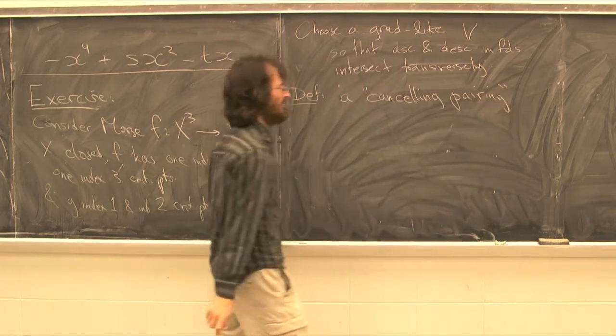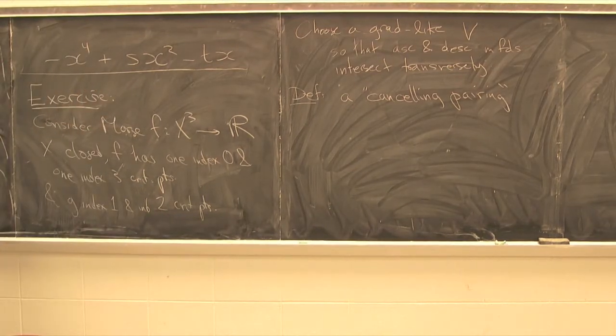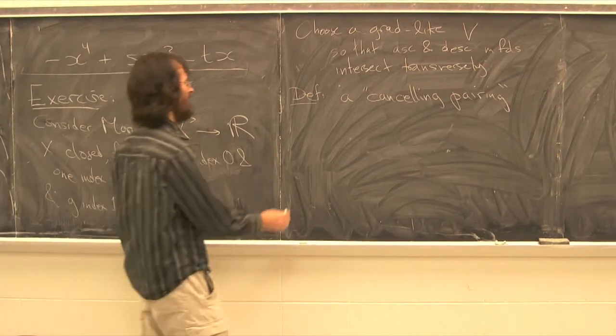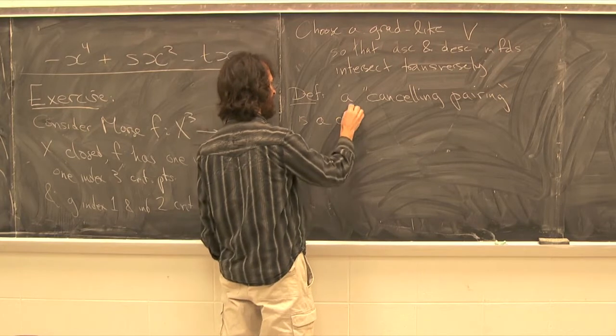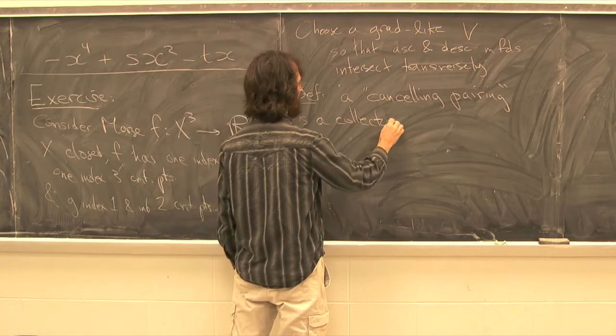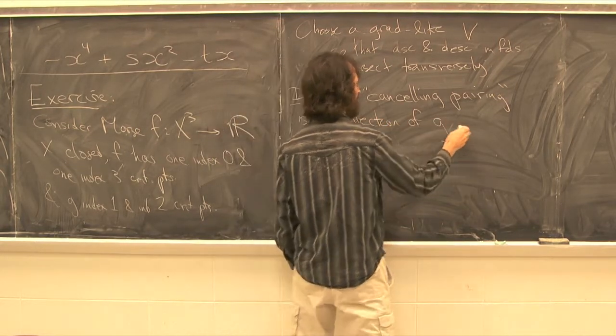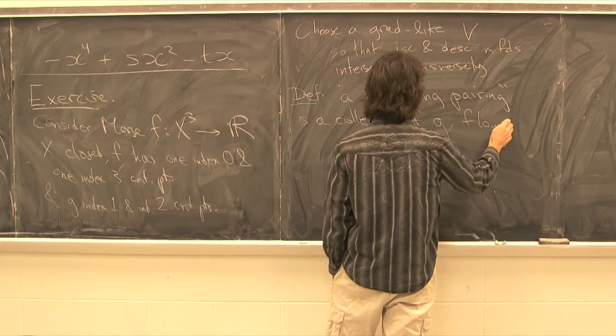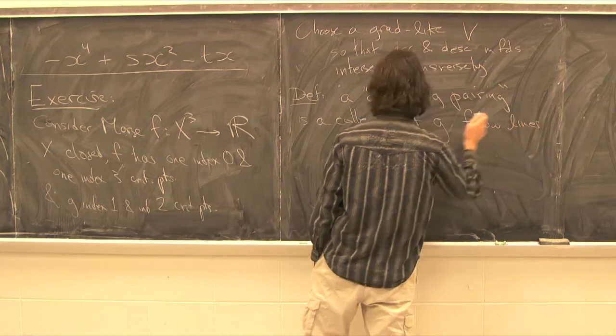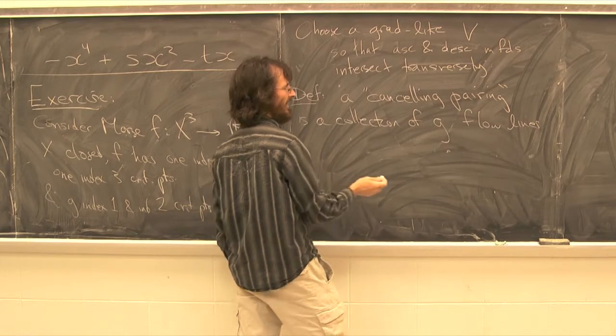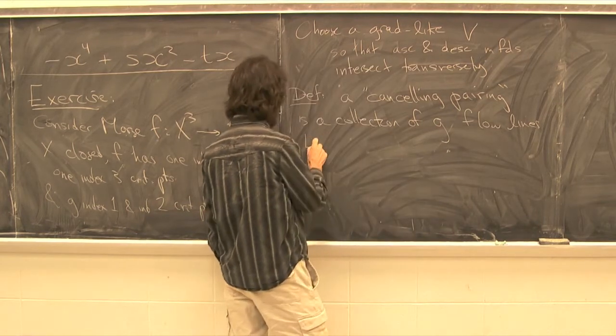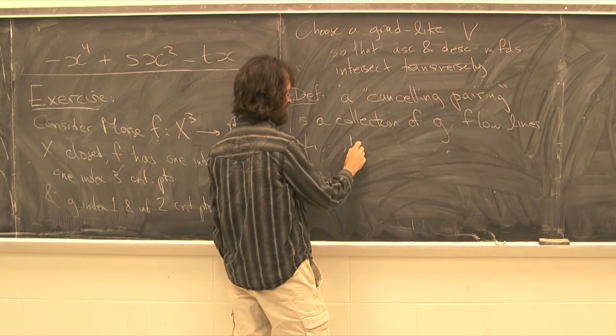It actually has another standard terminology, but named in a second, which is less revealing. A canceling pairing is a collection of g flow lines. Let's call the flow lines L1 up to Lg,